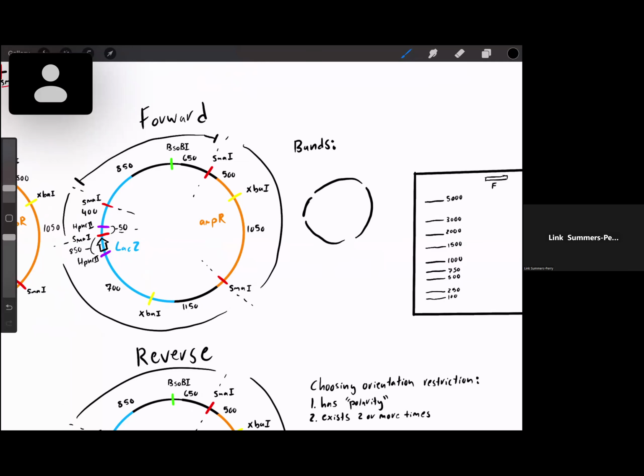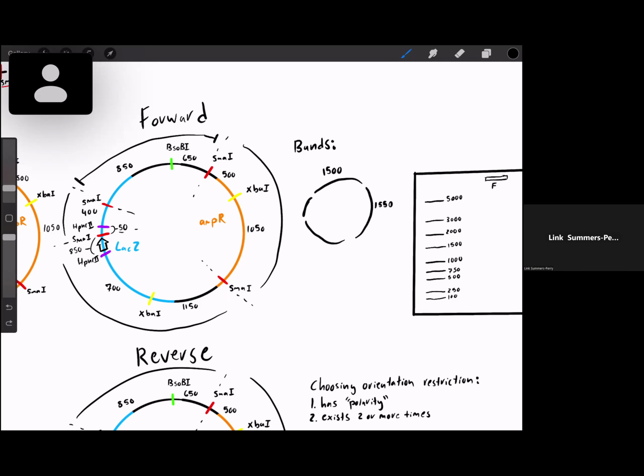So if we add those together, 850 plus 650, that is 1,500. And then the next one, we have 500 plus 1,050, which will give us 1,550. And then we have 1,150 plus 700, which is 1,850. And then finally we have, oh, I did that wrong. So it's